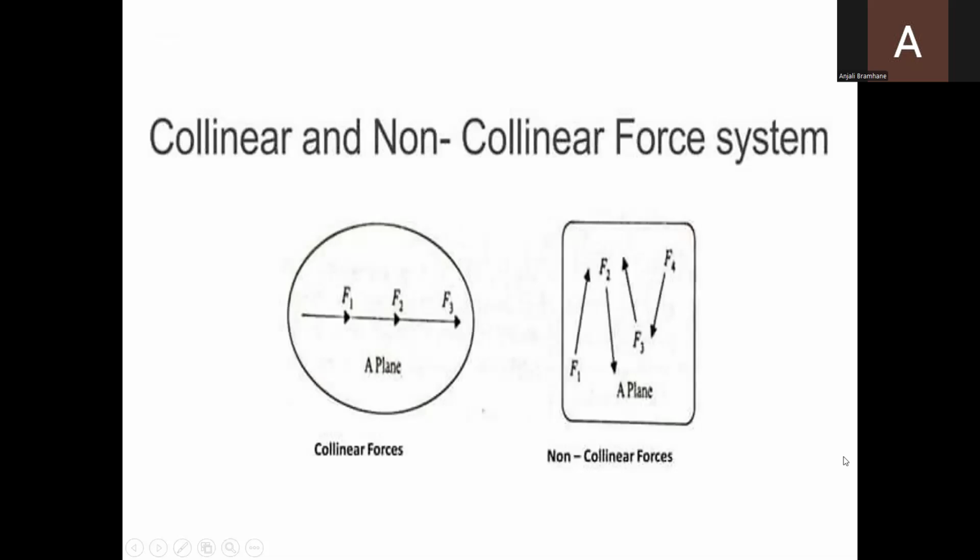Now, collinear and non-collinear force system. What is meant by collinear? You can see here in the first diagram, it consists of forces which act along the same straight line. And non-collinear forces are the forces which do not act along the same line, that is, different lines. In the second diagram,